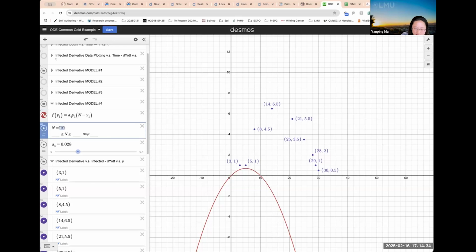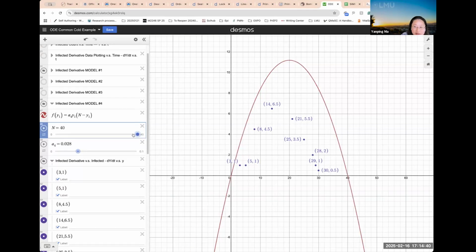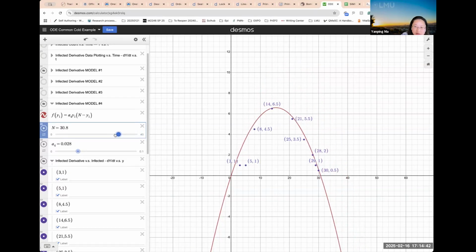And of course, we started with 40 beans, so we better go with that. Right? So it would allow our students to play with actual numbers and connect the graphs. Now it doesn't really matter whether this whole thing depends on time or depends on the number of infected students anymore.